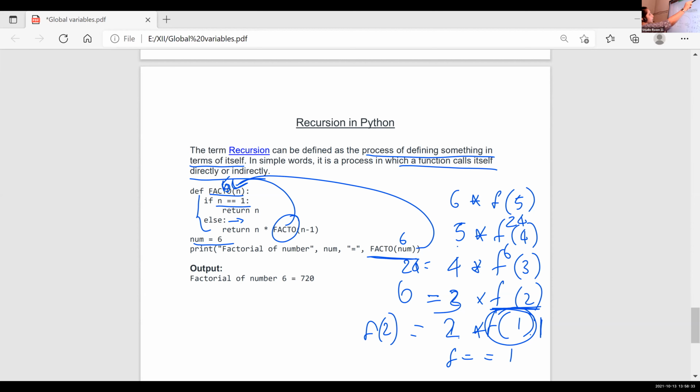What is 6 factorial? It is 1 into 2 into 3 into 4 into 5 into 6. That is 6 factorial. So normally also we can find the factorial of a number, but here I am using recursion just for understanding the concept of recursion. The final answer of this program is 720.